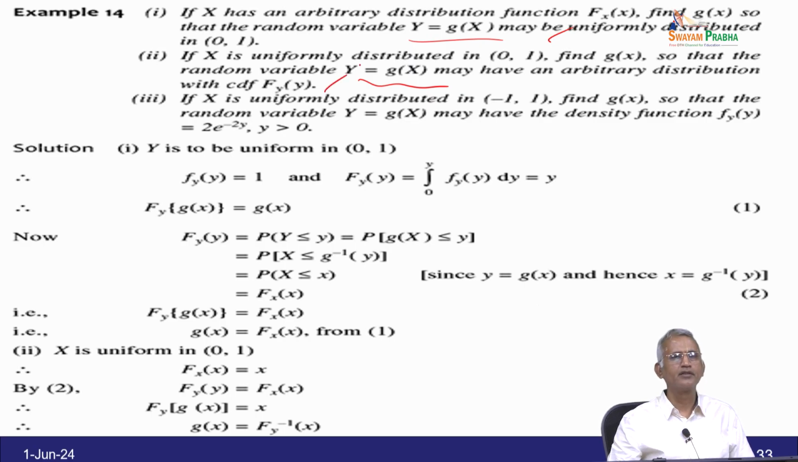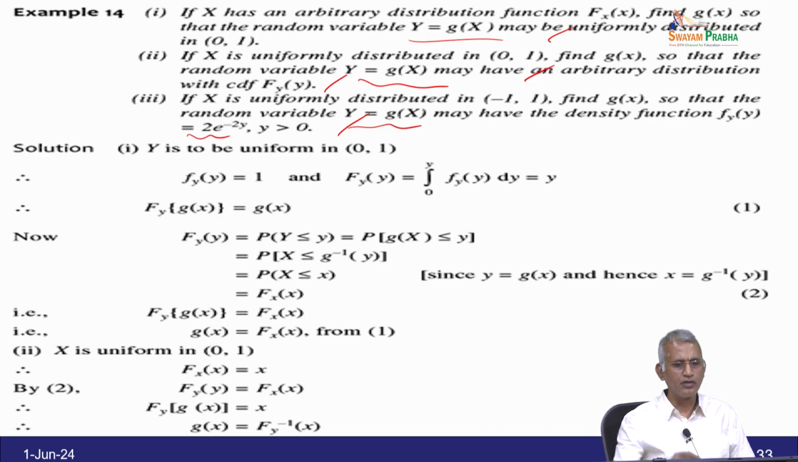So, if X is uniformly distributed in the interval -1 to 1, then find g(x) so that the random variable Y = g(X) may have the density function f_Y(y) = 2e^(-2y). So, when y is positive, this is given. So, the solution is, if Y is to be uniform in (0, 1),